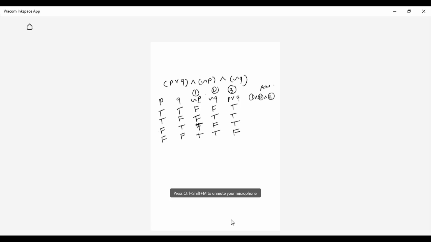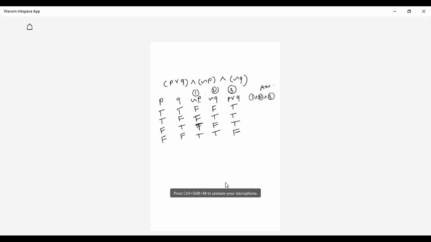See, for ORing, what is the truth table, student? For OR, when will you get true and when will you get false? You have to remember, don't get confused. For ORing, only when both values are false will you have a false statement. ORing is a wider operation, so you get more true values. Only for false, false do you get false. For ANDing, only for true, true do you get true, and for the rest you get false.